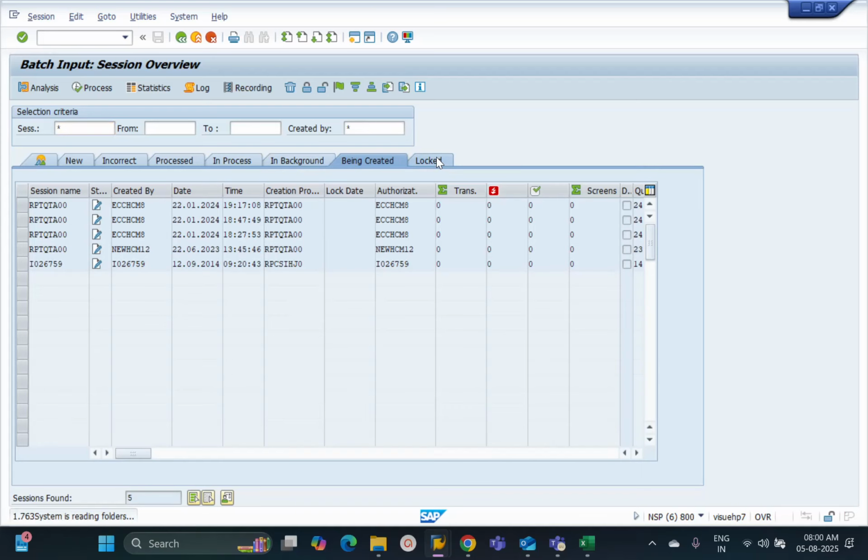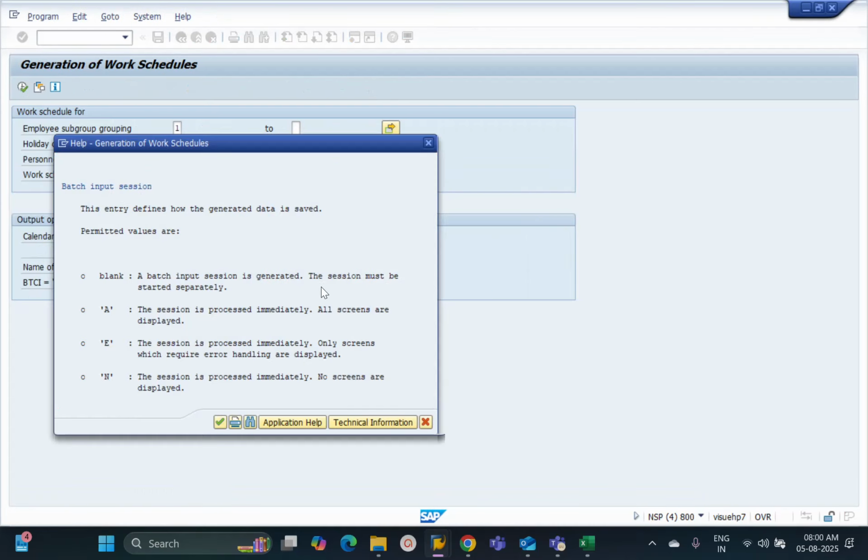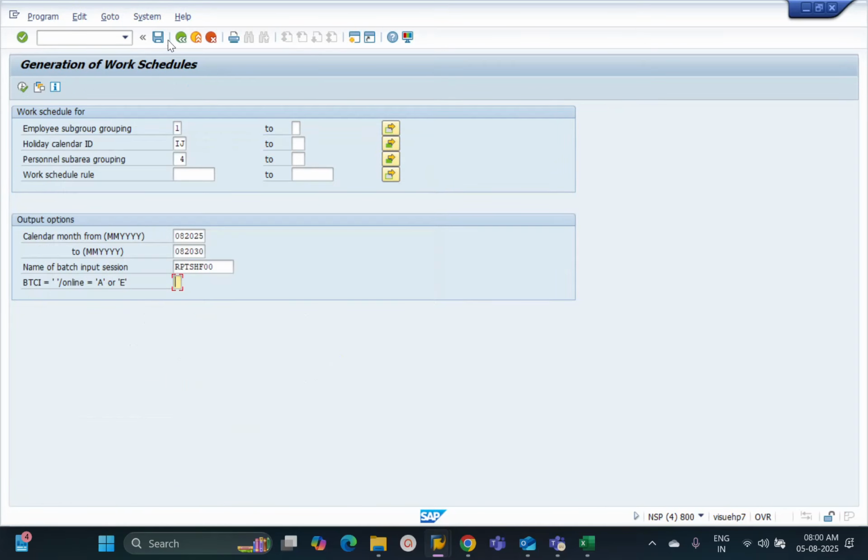So it is created. You can check your work schedule in the backend. I'll tell you how to check that work schedule in the backend once it is created, but for now, remember that it is created. If there are any errors while doing this backend job creation, it will show you with this icon, errors. You can see this, right? It highlights that there are some errors during generation, so it must be checked. The errors must be checked and corrected, and you can re-execute the batch once again by executing this work schedule batch generation. Clear,